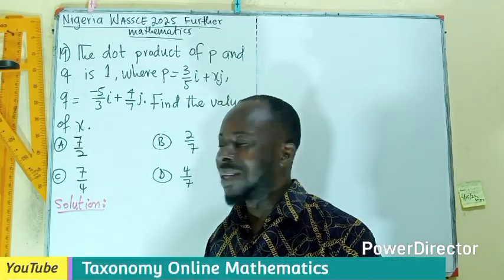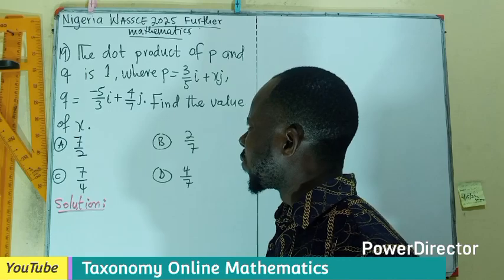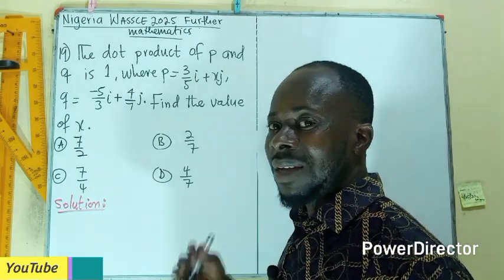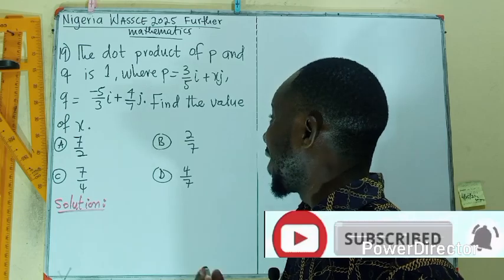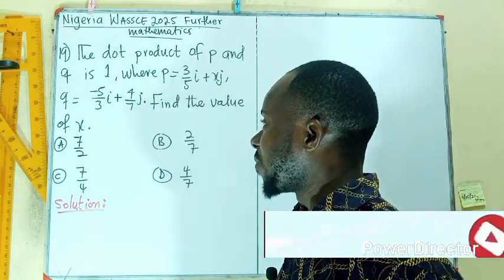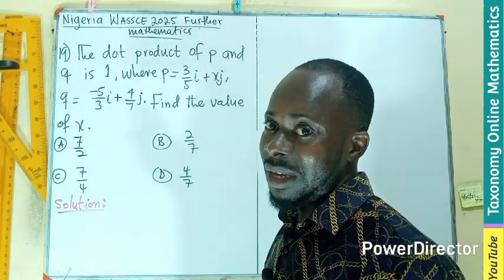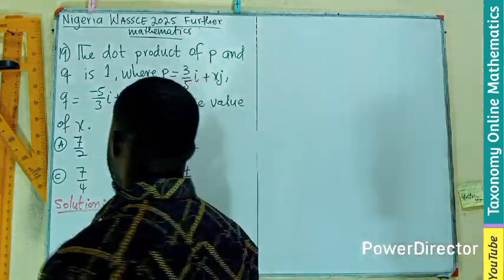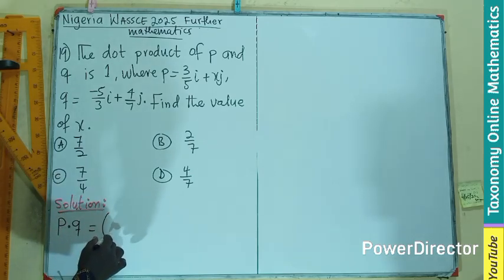Welcome. Question 19. The dot product of P and Q is 1, where P is 3/5 i plus xj, and Q is -5/3 i plus 4/7 j. We have to find the value of x. The dot product, if we are to have P dot Q, is to multiply the Cartesian coordinate or